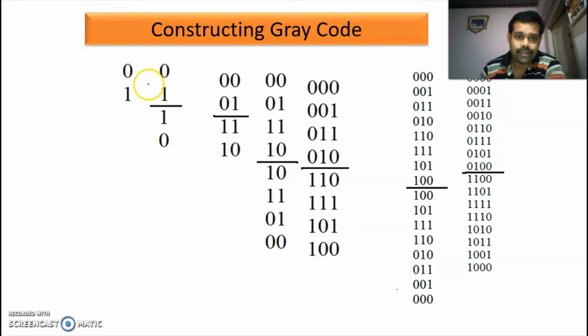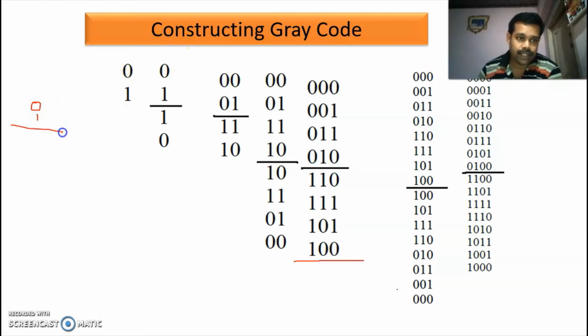Then you put zeros above the line and 1 below the line. So you will be getting 0 0 0 1 1 1 1 0. Again you put a line and take the mirror image, so you will be getting 1 0 1 1 0 1 0 0. You put zeros above this line and below that line you put 1. Then again you put a line, take the mirror image, and above this line you put zeros and below this line you put 1. Thus we have got a 4-bit gray code.